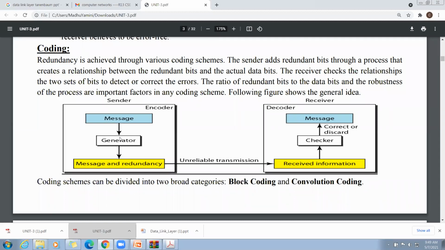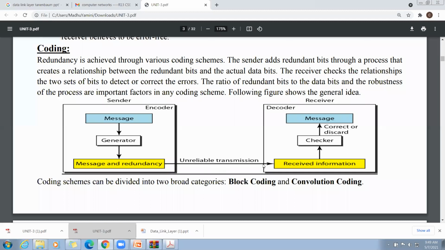The generator will generate the redundancy bits. So to the original message the redundancy bits are added. Now all together becomes the message and redundancy. This will be transmitted over unreliable data transmission and it reaches the receiver.